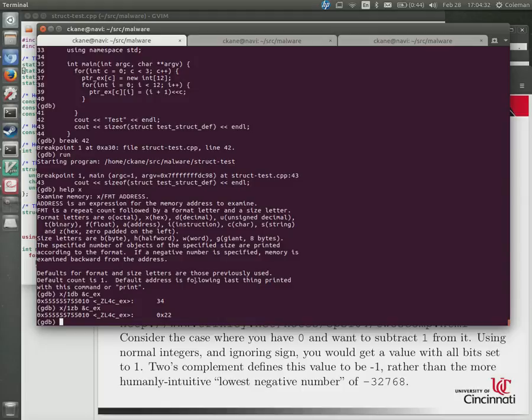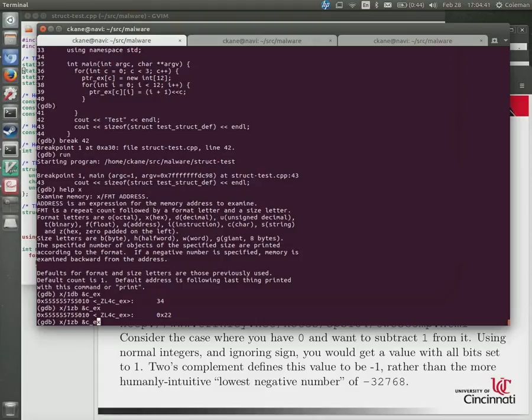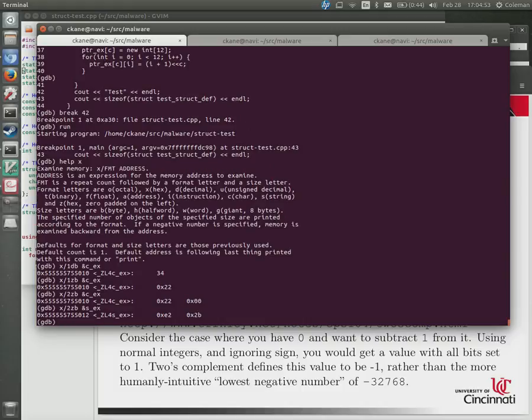So I can use this to go and look at it. If I want, then I can look at the next one, which is SEX. So I made a short, which is going to be a 2-byte example. So I'm going to do this to look at the bytes for that one. And you'll notice that the address for this one is literally 2 bytes ahead of the address for this one. And then this one ends up having